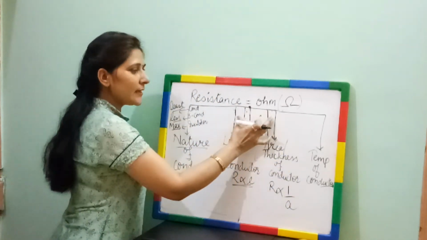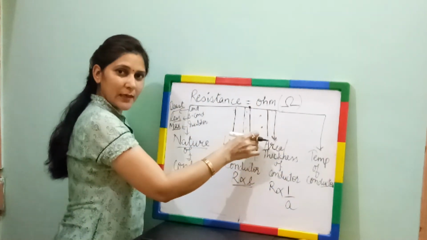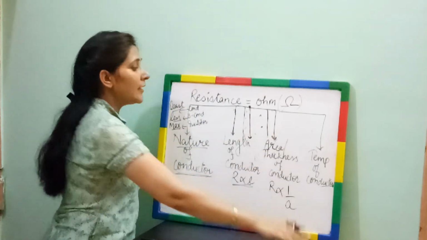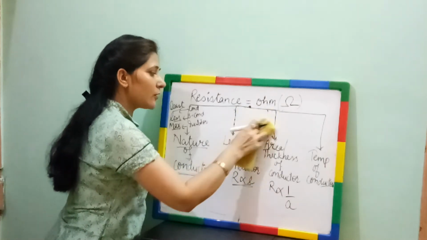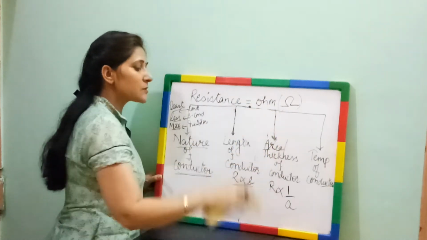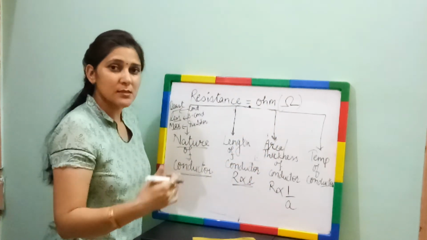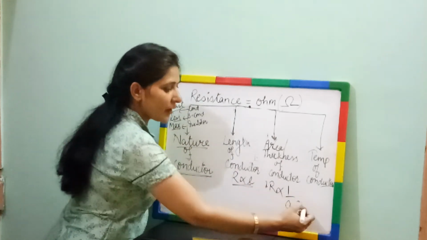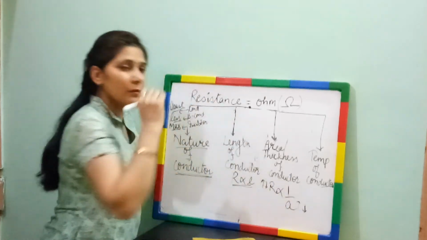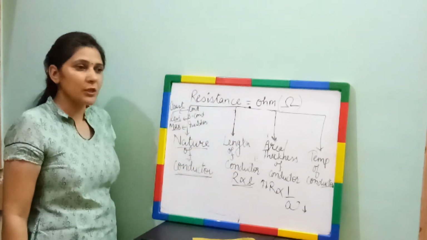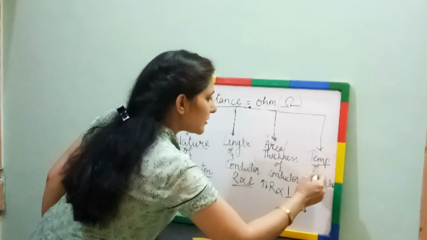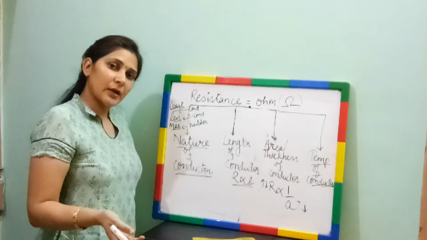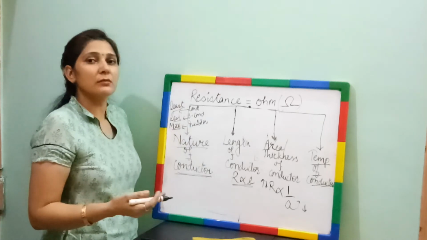ओके, ज्यादा एरिया, रेजिस्टेंस कम हो गया, ज्यादा स्पेस मिल गया इलेक्ट्रॉन्स को जाने के लिए या मुझे व्हीकल चलाने के लिए, जैसे भी आपको याद रखना है। अगर रोड आपकी थिन हो जाएगी, नैरो हो जाएगी, देन यू विल बी गेटिंग लेस स्पेस टू मूव आउट। ओके, तो रेजिस्टेंस क्या हो जाएगा, ज्यादा। सो इफ एरिया विल बी मोर, रेजिस्टेंस इज लेस, इफ एरिया इज लेस, रेजिस्टेंस विल बी मोर, इनवर्सली प्रोपोर्शनल टू ईच अदर। कमिंग ऑन टू द लास्ट फैक्टर, दैट इज द टेम्परेचर ऑफ कंडक्टर. More will be the temperature of conductor, more will be the resistance,